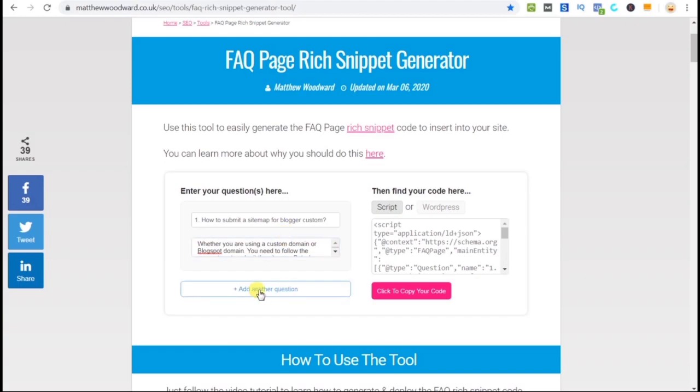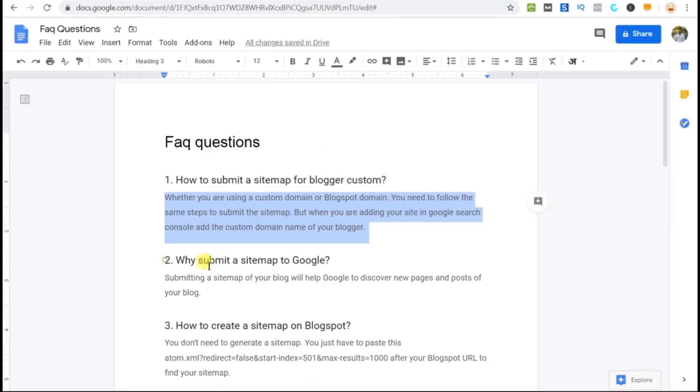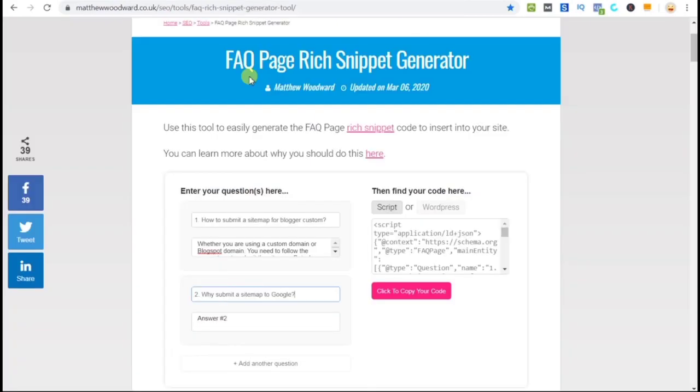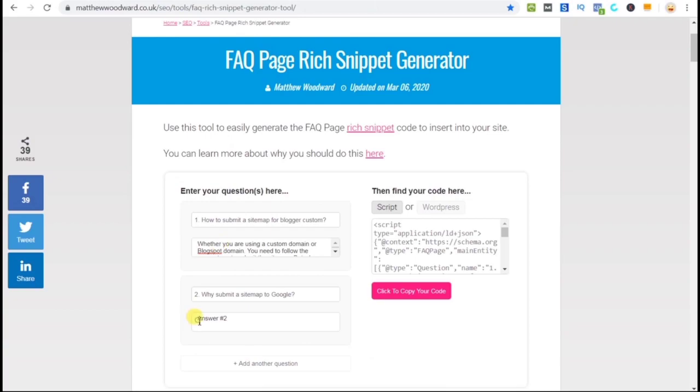So click on add another question and copy the question and add it here. Now copy the answer here.